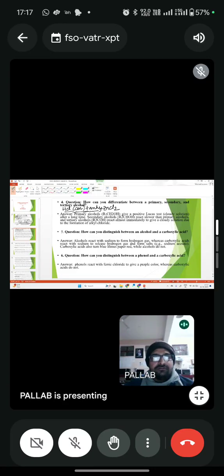That means when you mix this Lucas reagent with tertiary alcohol,